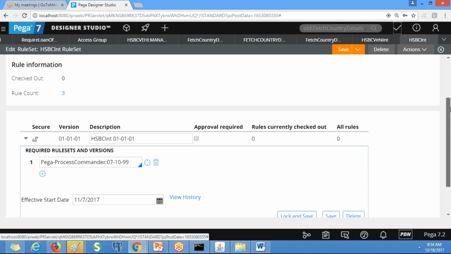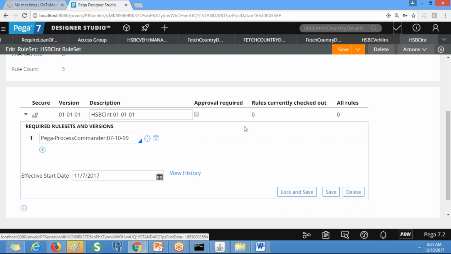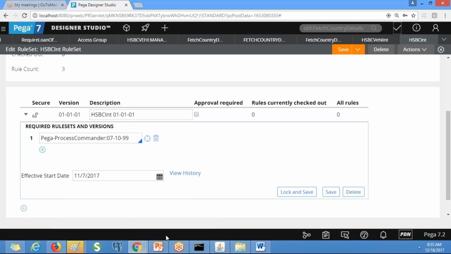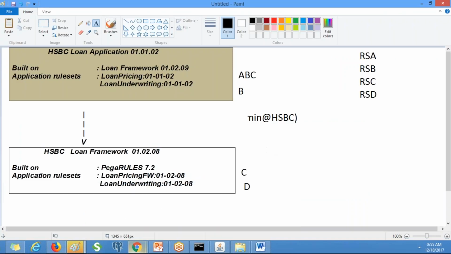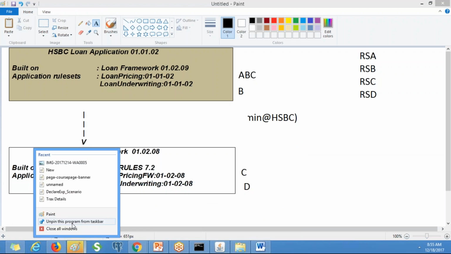So when you select the mode rule set validation, you have to provide the prerequisite rule set versions, prerequisites. Okay, suppose I have the rule set version. Okay, let me.